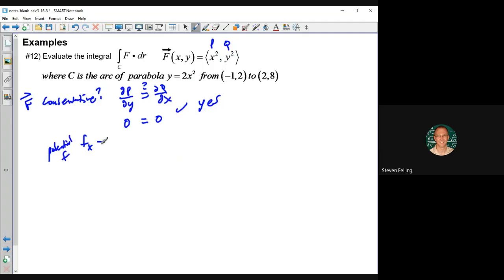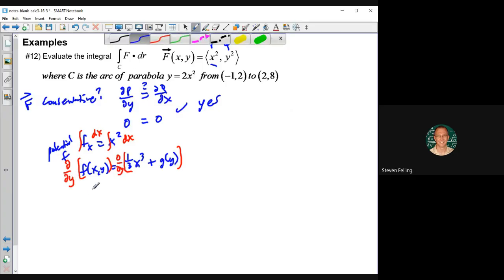the partial derivative of f with respect to x has to be equal to x squared. And that means we can take the integral with respect to x to find our first version of that. Our first version of the potential function is going to be the antiderivative of this, which is 1/3 x cubed plus some constant, but the constant could be a function of y. Okay, so the next step is we'll take the derivative of both sides of this, but with respect to the other variable, y,